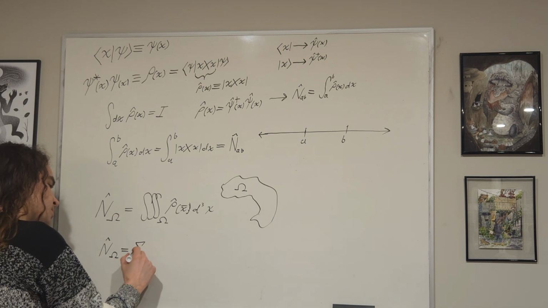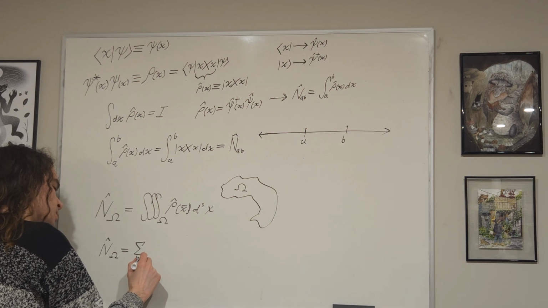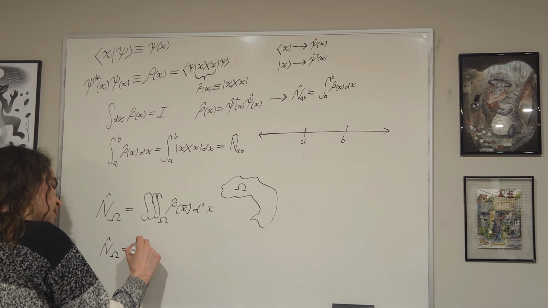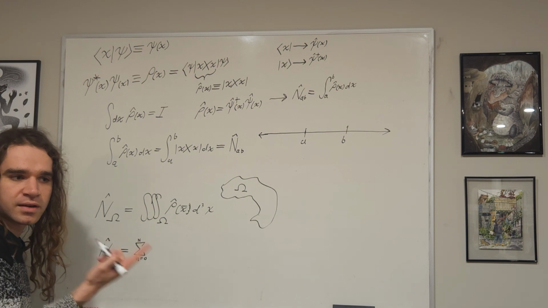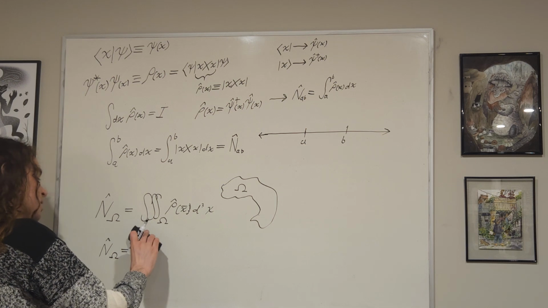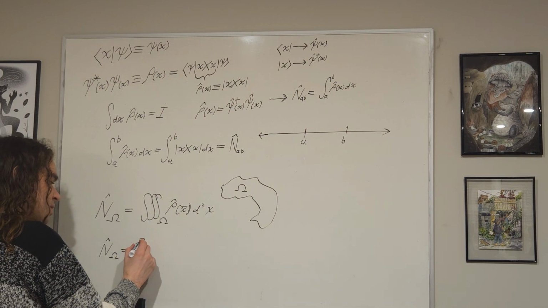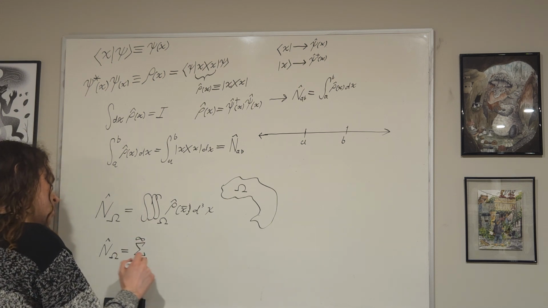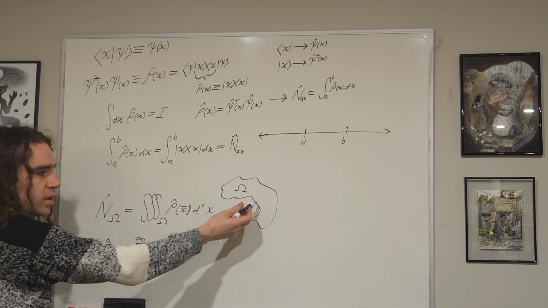like any operator, so let's say from n equals 0 to capital N, where this capital N represents the number of particles in the system. Oh, well, actually, second quantization is supposed to be free of any prejudice as to how many particles are actually in the system, so we'll sum to infinity. And with any operator that has eigenvalues that, in this case, we know can be interpreted as particle count in the region,